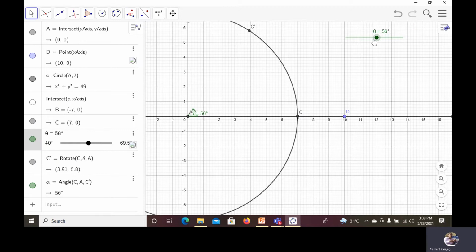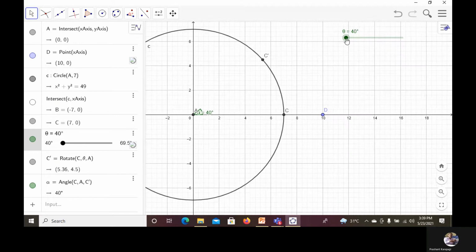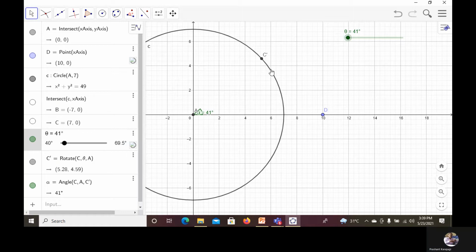Now you will observe this position. By clicking this position of C, it will disappear.